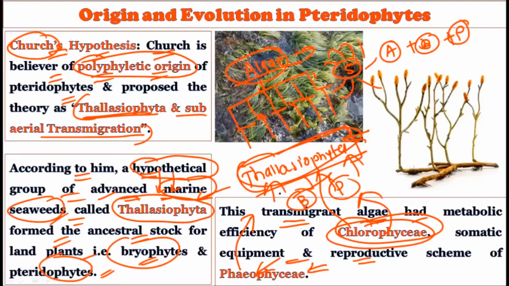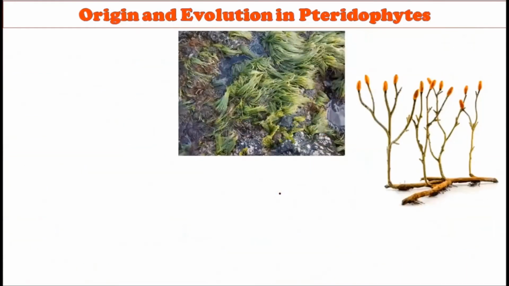Okay. Now, Church is strongly advocating that the Pteridophytes and the Bryophytes evolved from the algae, because he created a hypothetical group called the Thalassiophyta, which is nothing but the combination of algae, Bryophyte, Pteridophyte. In that category, the Chlorophyceae and Phaeophyceae characteristics were assembled in this Thalassiophyta, and these later gave rise to the Bryophytes and the Pteridophytes. This is called the Church hypothesis, which strongly supports the algal origin for the